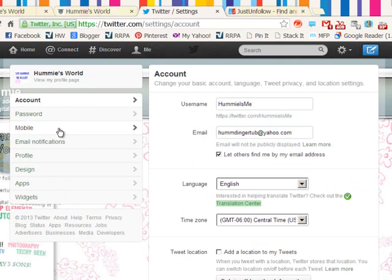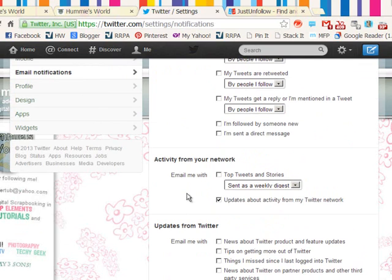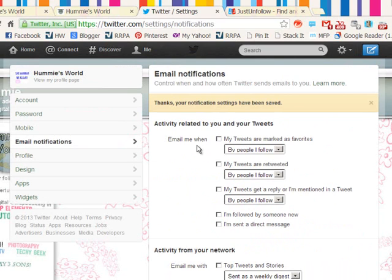for mobile where you can get the numbers, the texts, the connect texts to your phone. And other things, whether or not you get email notifications. I certainly do not like getting tons of emails. I get things by my phone, and in fact I've been getting that one and it's been annoying. So yeah, that here are